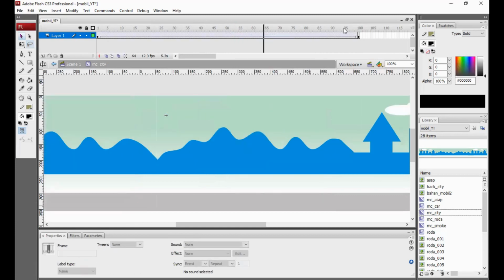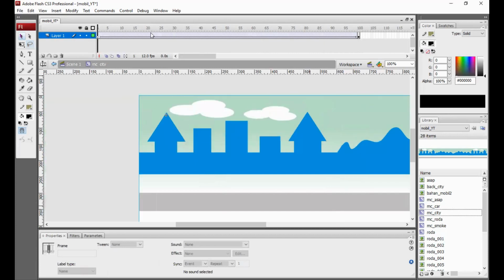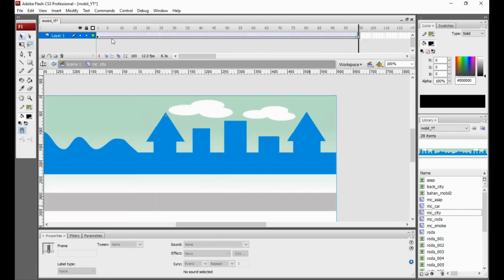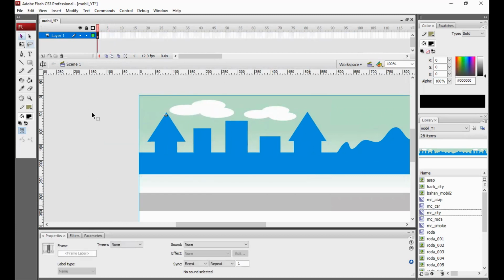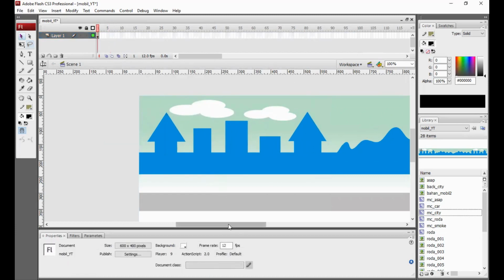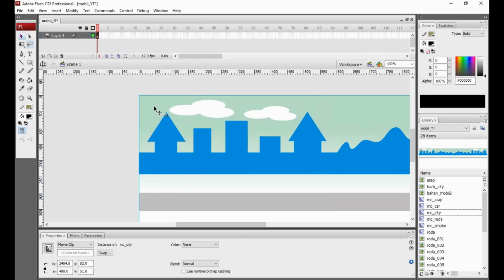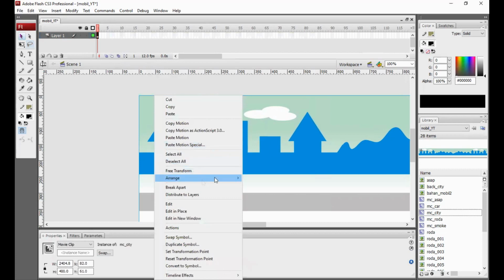And then okay, we look at the animation of back city. Yeah, now we click this skin. Don't be confused because the car, the smoke and wheel are in front of the back of the city, and now you can choose and then right click, arrange, send to back.